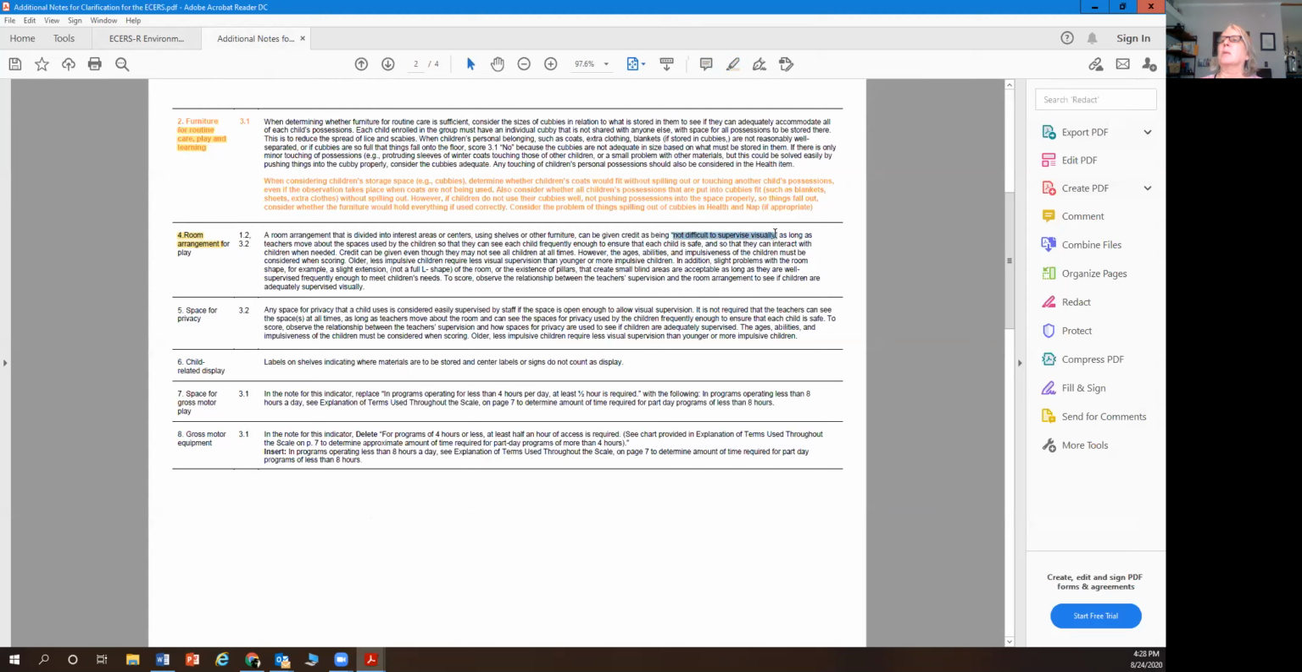So this is where supervision comes into play. They're not as strict here with the ECERS as they are with the ITERS with supervision, as long as teachers can easily move around the space used by children so that you can frequently see each child enough to ensure that the children are safe and they can interact with each other. Okay, so they shouldn't be out of sight. You should be moving around, which is also going to be,